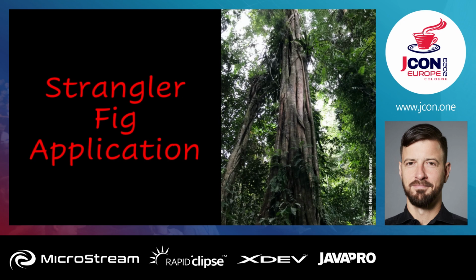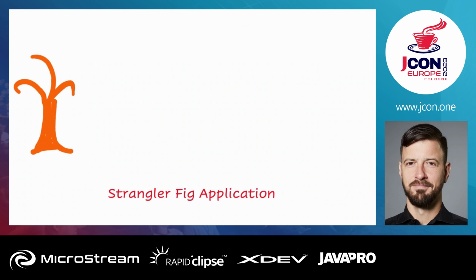Strangler Fig, because there's this strange tree in the rainforest in the tropics called a Strangler Fig. Why is that strange? Because it doesn't start growing on the floor like normal trees are doing. It starts growing in the top. Why and how is that possible? Why does it want to start in the top?